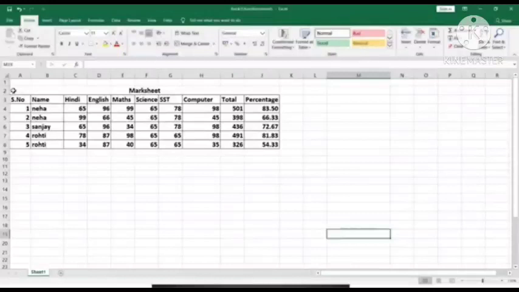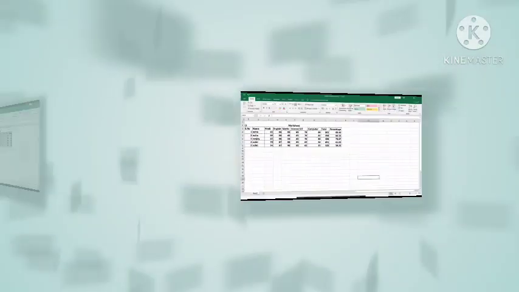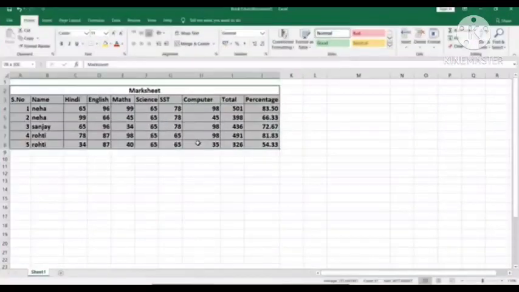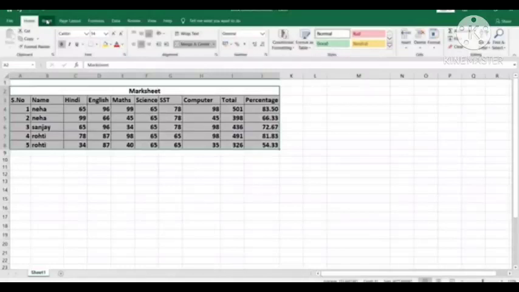Now let us see practically how we can make a chart, or how we can insert a chart. First, you need to enter the data in the form of a table. Once you enter the data, you have to select the data. See over here, when you select the data with the help of the mouse, it becomes a little gray in color, or it has a gray shade.